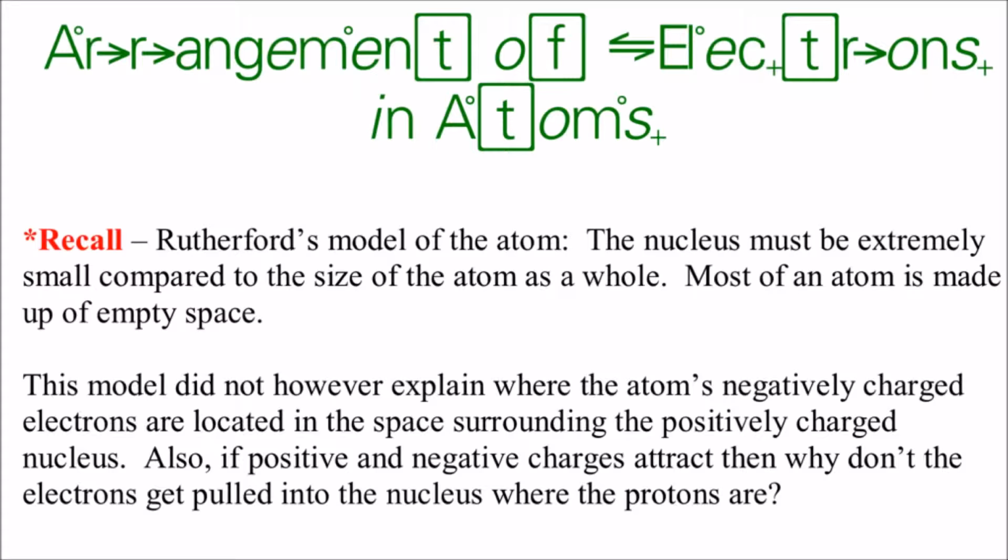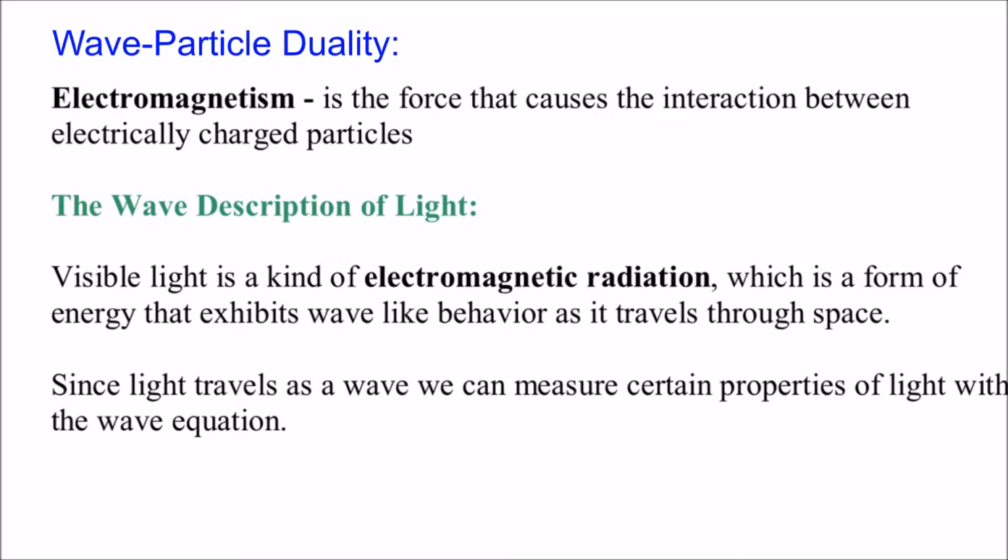So we're going to talk about where those electrons are. In order to talk about where those electrons are, we have to go through a discussion of wave-particle duality. I'll talk about what that is in just a second, and a description of light, because that's how our scientist Niels Bohr proved where the electrons are in an atom. So we're going to have to go through that first. Okay,